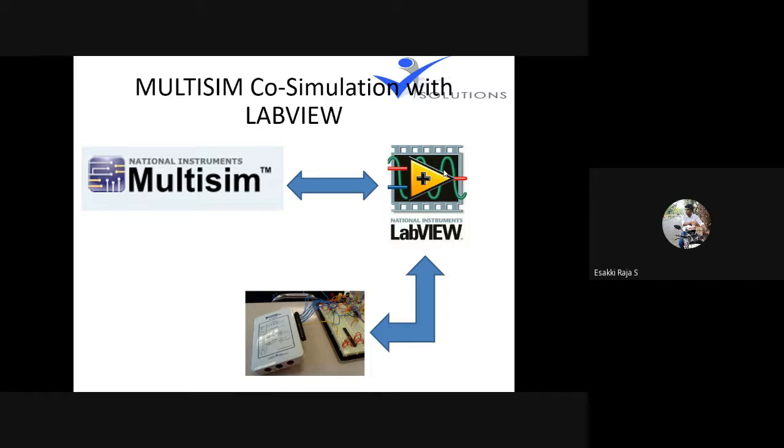If you want to perform an automated test, for example, let us consider I want to test a diode. How can we test a diode? We have to provide a variable voltage and check what the breakdown voltage is, and see how exactly it works, right? So we provide a variable voltage to the diode, and I need to measure the output voltage, like the voltage drop across the diode, correct?